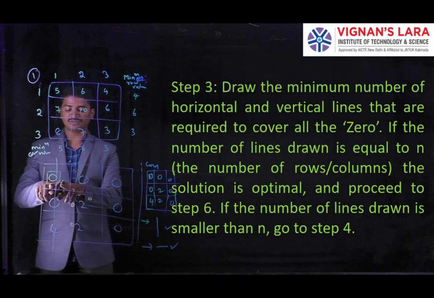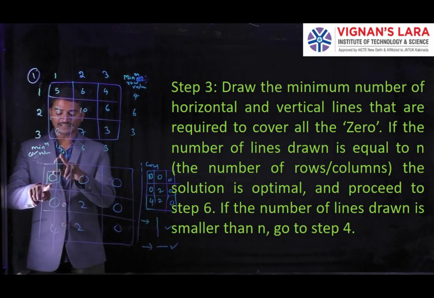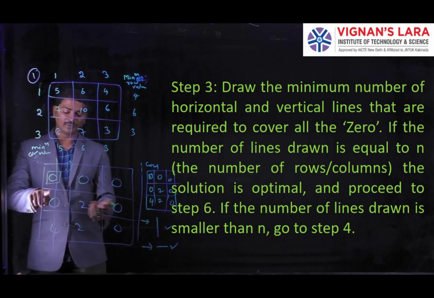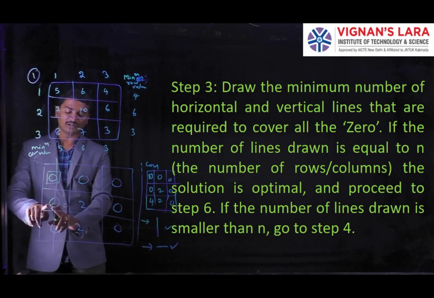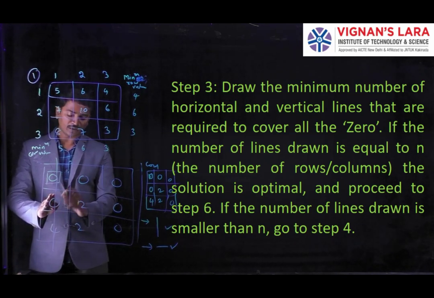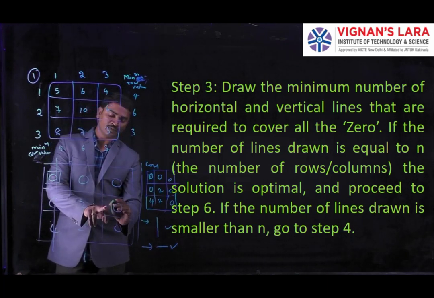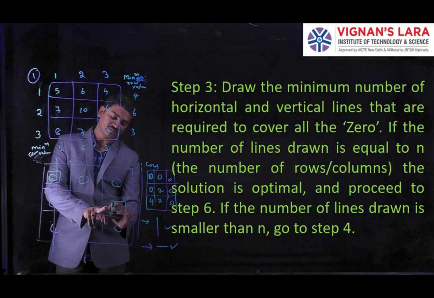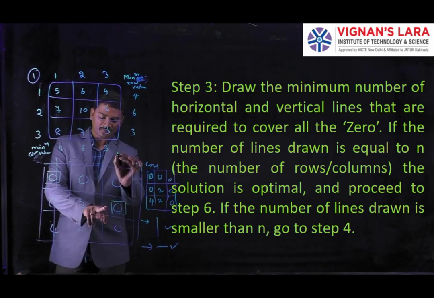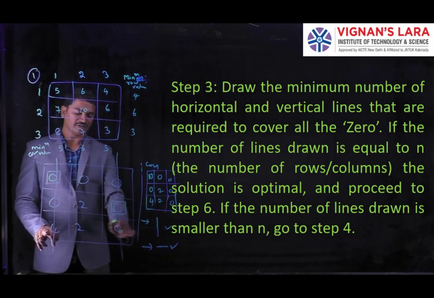Okay, here we have the 0 in our row, so we simply draw the vertical line. So it means it is a deleted cell, deleted row, deleted column. Next, coming to the second row, one 0 is there, but it is already deleted, so we don't want to take it into the problem. So we are searching for another 0. Here we have another 0. Simply we take this 0. After this we are going to delete this row. Next, coming to the third row, here there are no zeros.